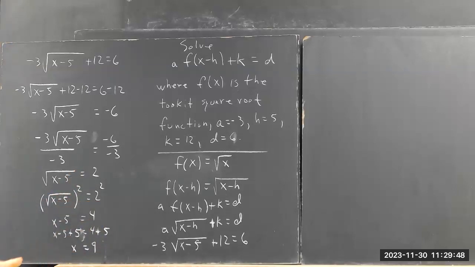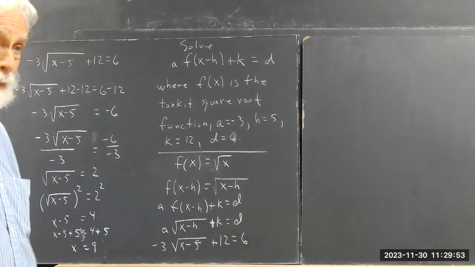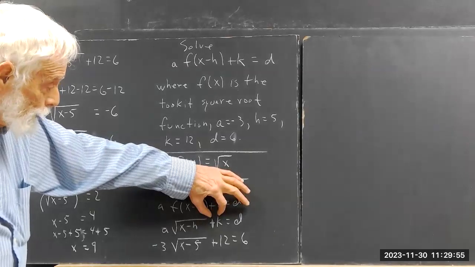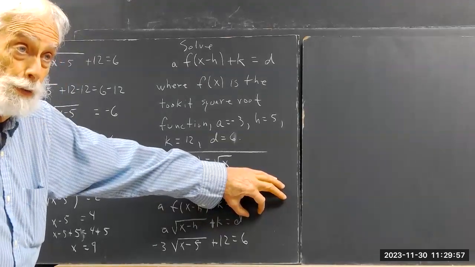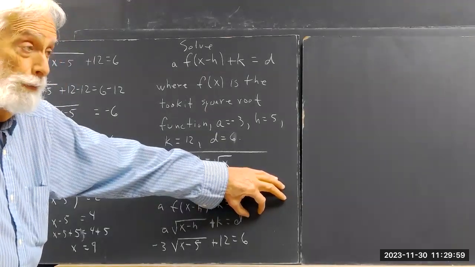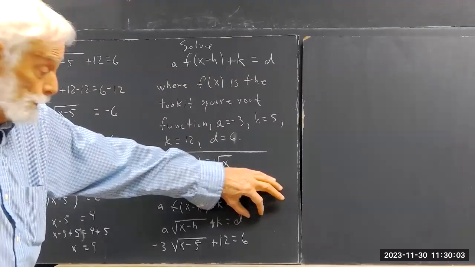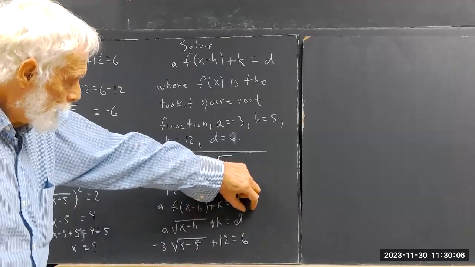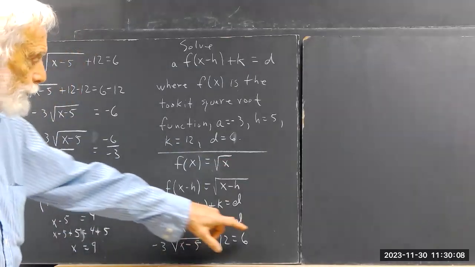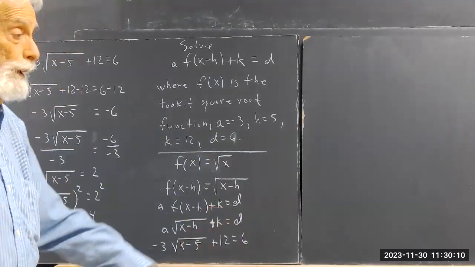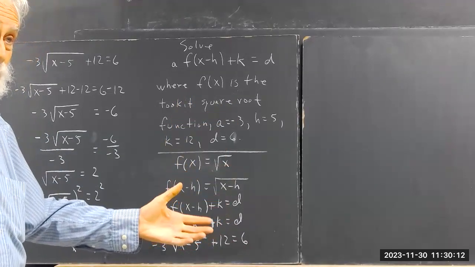Okay. So the process is very simple again. If you look at the symbols again, what did we do? We subtracted this thing that's added from both sides. You should be able to do this with the symbols. I might even give you the opportunity to do a couple of those with the symbols. Okay, because it's important to be able to do that. So we subtract k from both sides, and then we divide both sides by a. And then we square both sides. Now,